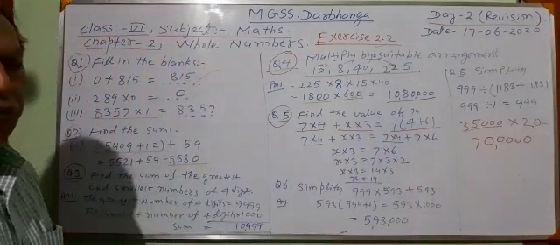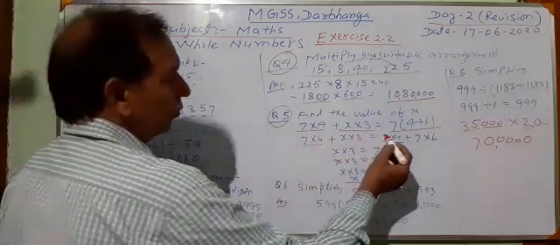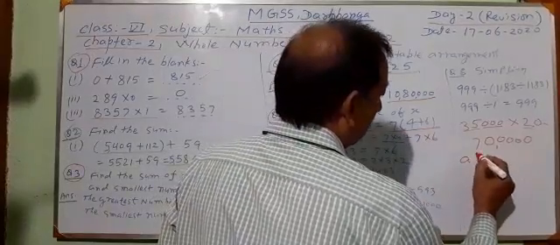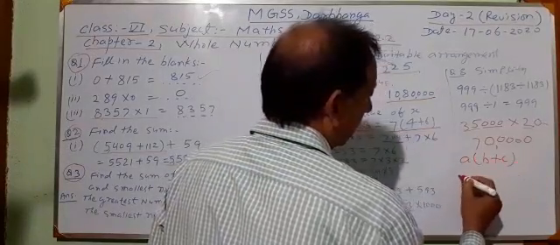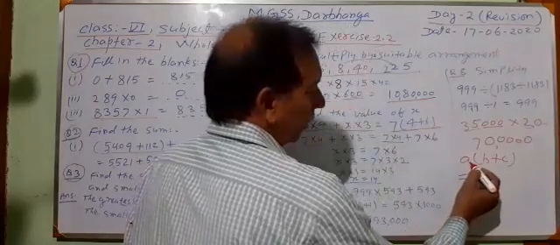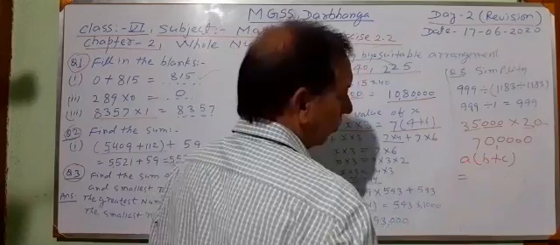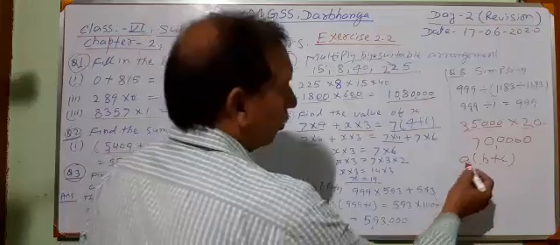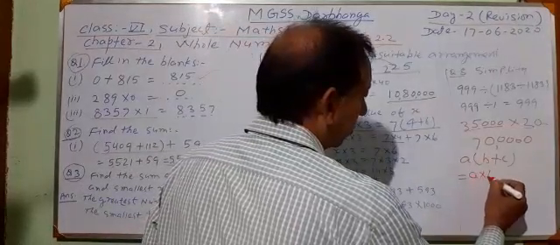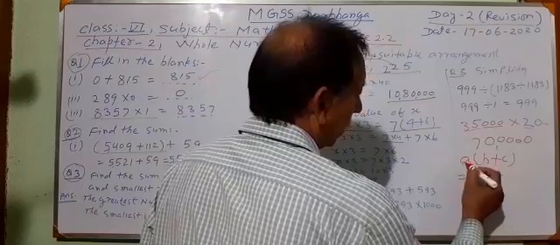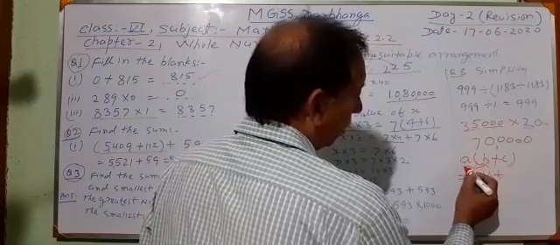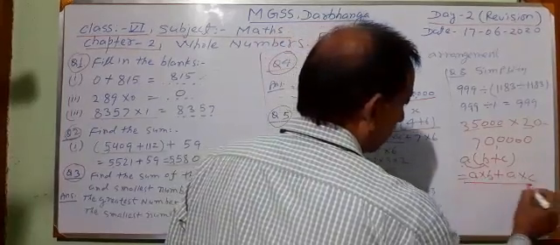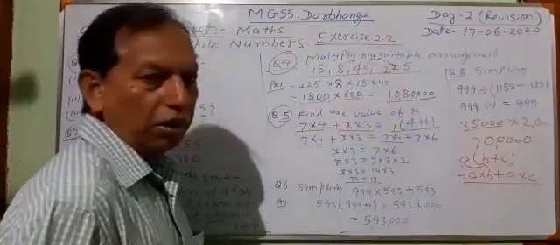Here we shall apply the property of multiplication over addition. For example, a multiplied by b plus c, and we can write how we can expand it. Here is the sign of multiplication before the bracket. If there is no sign, it means there is a sign of multiplication. Here a will be multiplied by b, a into b, then put the sign of plus. A has multiplied by b, now a will be multiplied by c. Put here plus and then a into c. This is the distributive law of multiplication over addition.